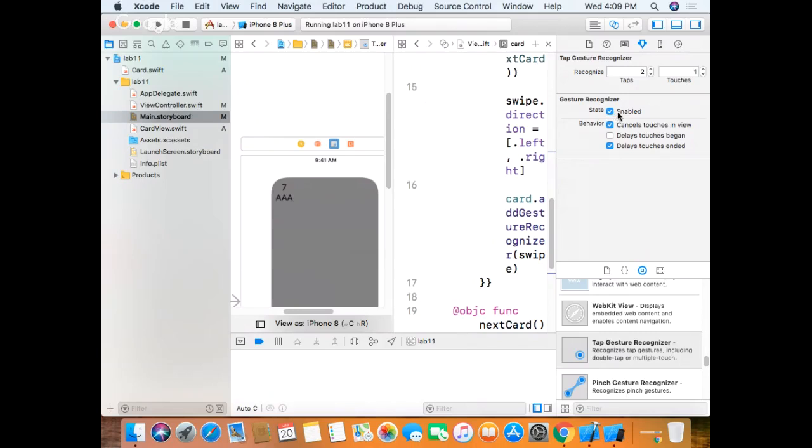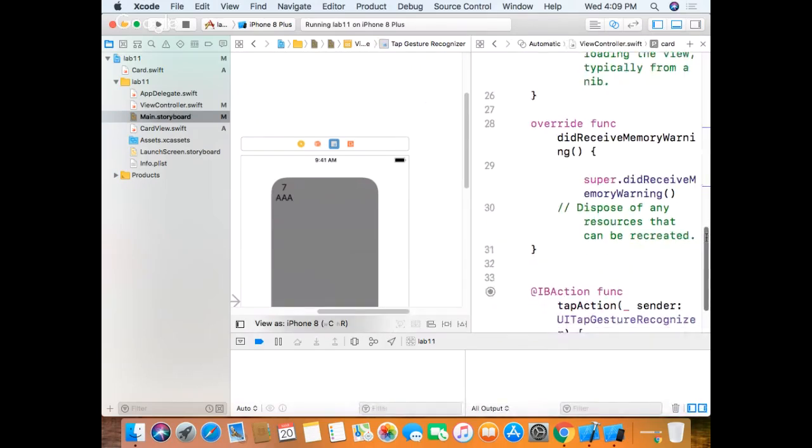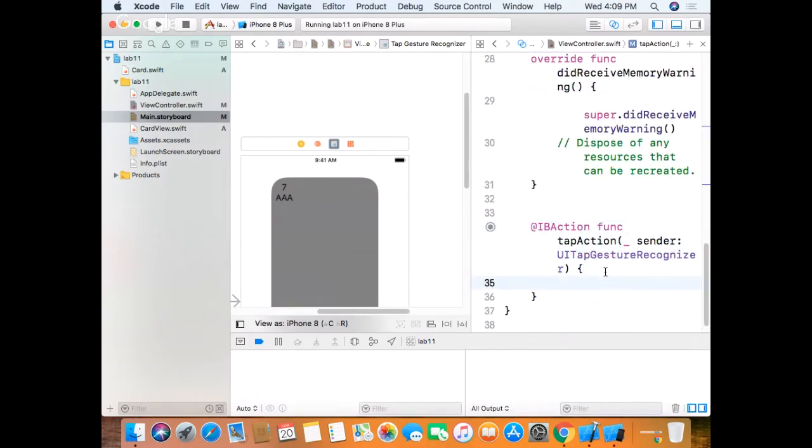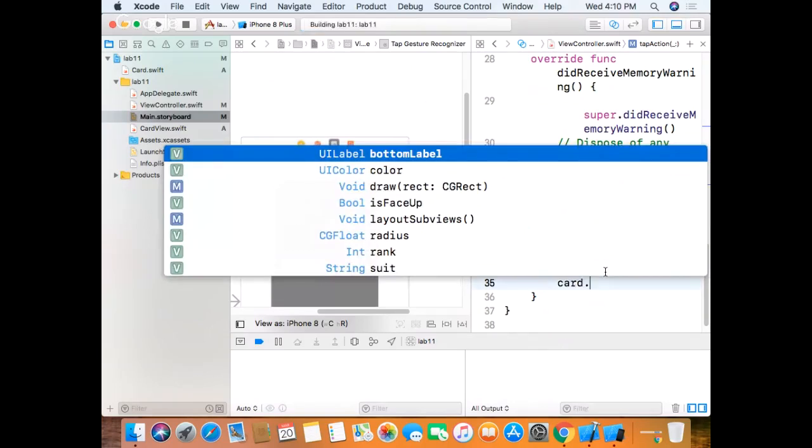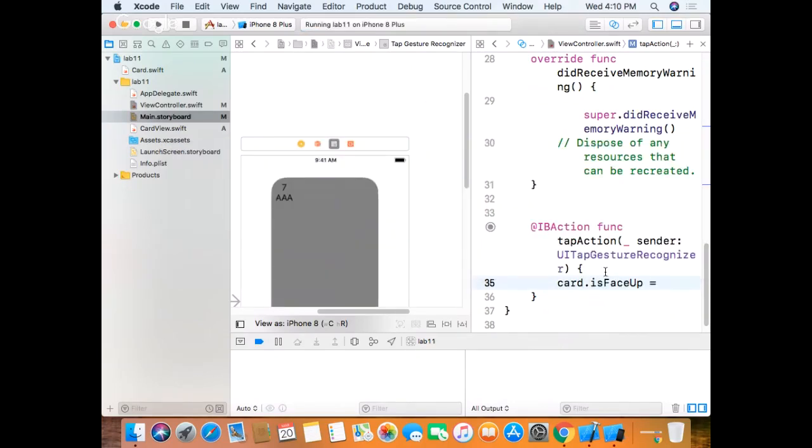You can enable and disable the recognizer. You can cancel touches. You can delay things. You can do many other things this way. Let's go to our function. When it's recognized, I will simply say card dot is face up equals not card dot is face up. And that would be everything, but